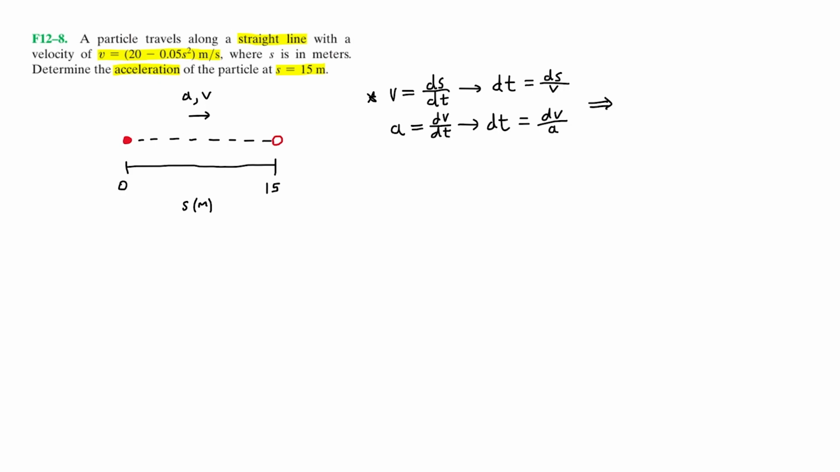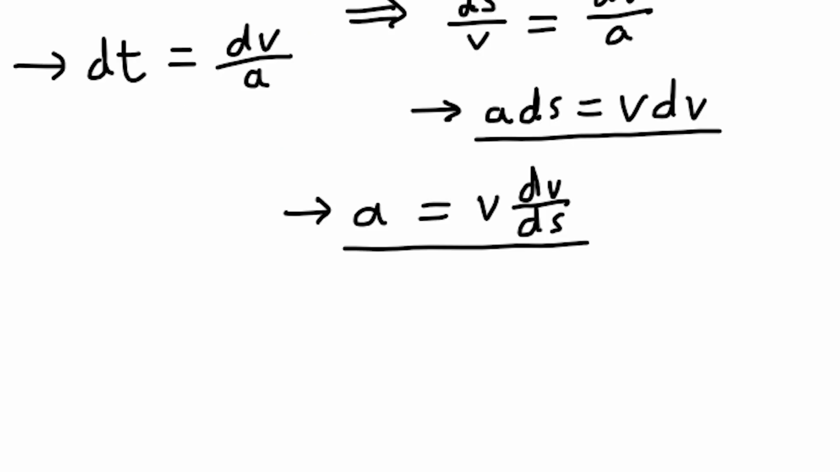Since they are both equal to dt, we can form the relation ds over v is equal to dv over a. Rewriting this, we have the relation a ds is equal to v dv. This is useful because this equation relates acceleration, position, and velocity, and it allows us to determine the acceleration of the particle at a certain position. If we solve for acceleration, a is equal to velocity v